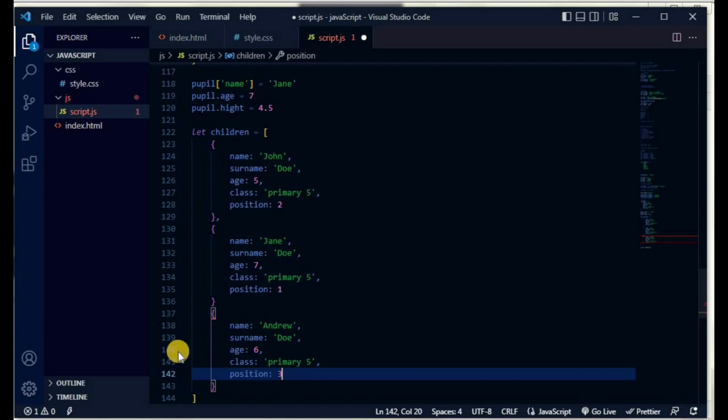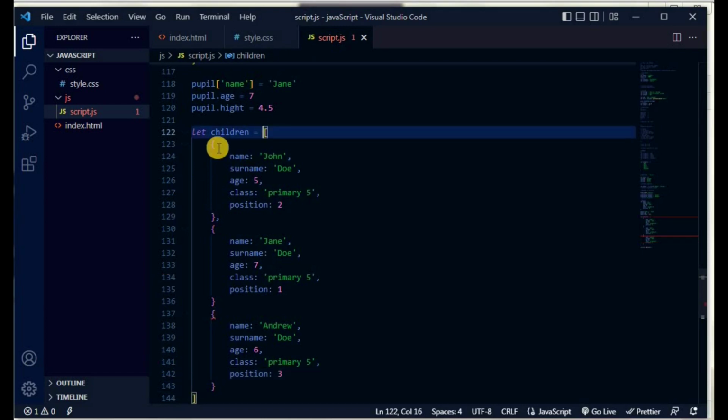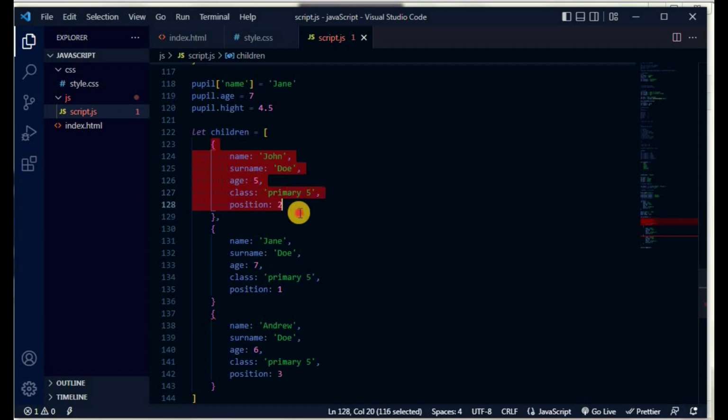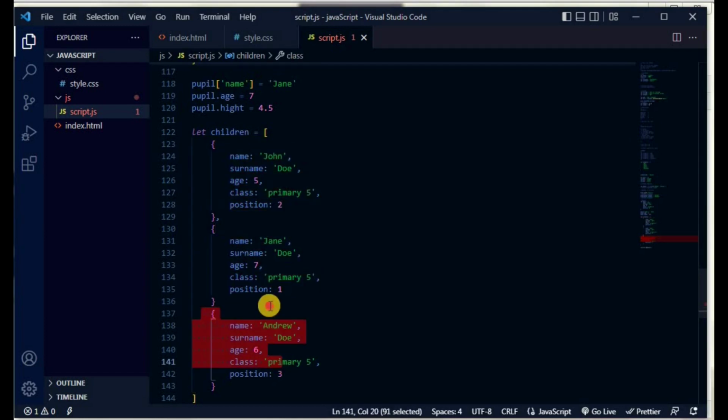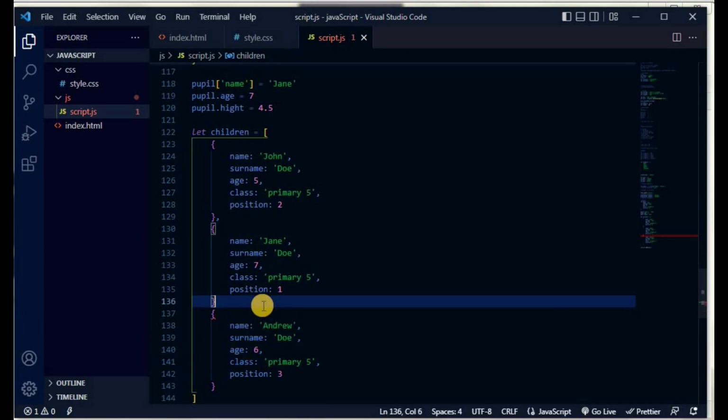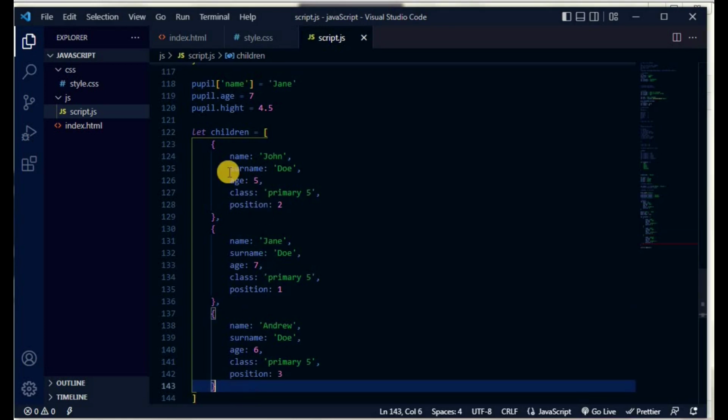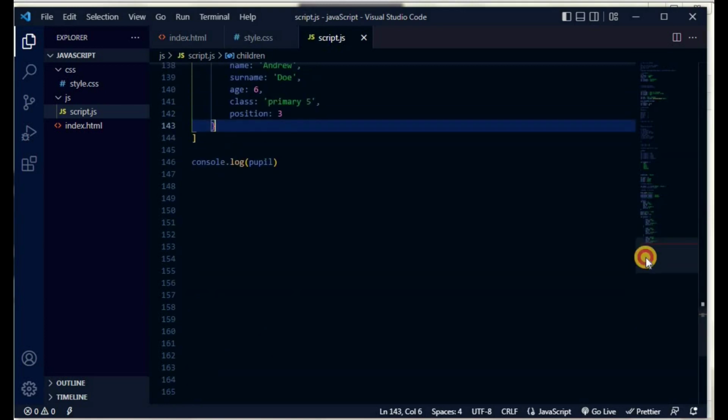So you can see it's an array, and the array has 3 objects, basically separated by commas. If you want to access, you can access each of these objects by their index, like you would in a normal array. So let's even use our console to see